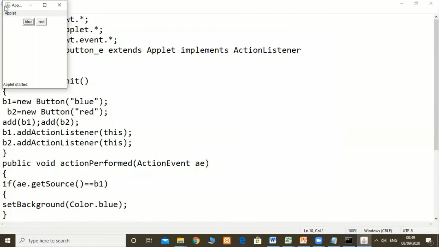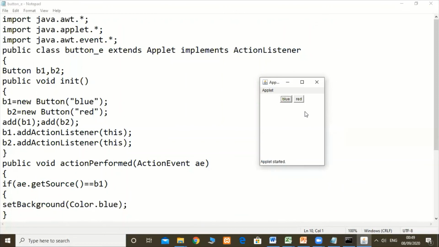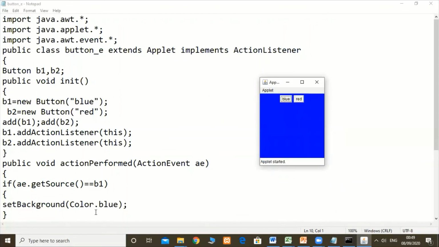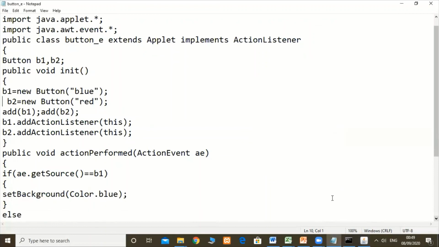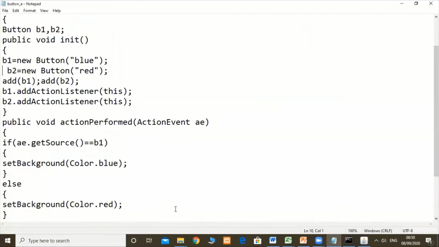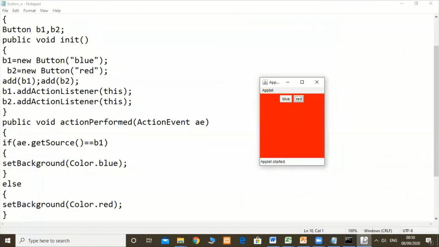When the user clicks on the button, the background color will change. When we click on the blue button, it will apply the blue color because I have written Color.blue over here. And when we click on the red button, it will apply the red color because we have written Color.red over here. In this way, ActionListener will work.